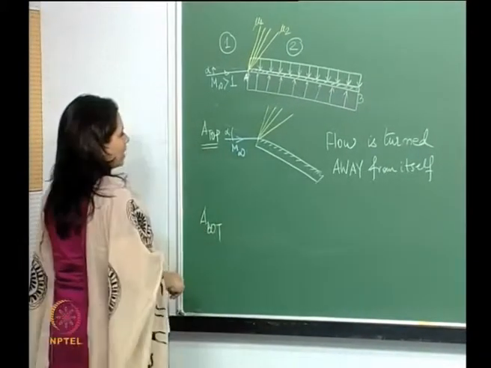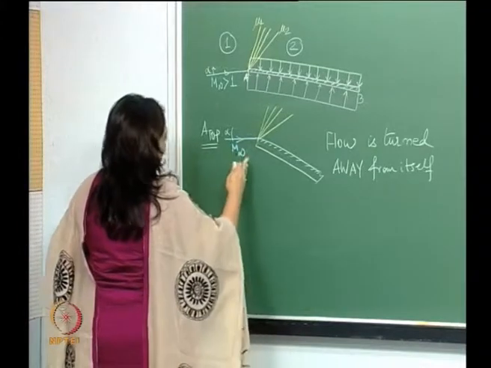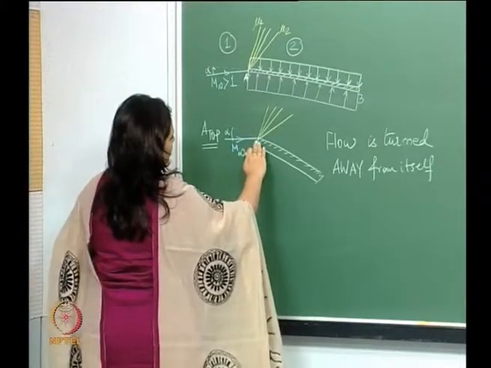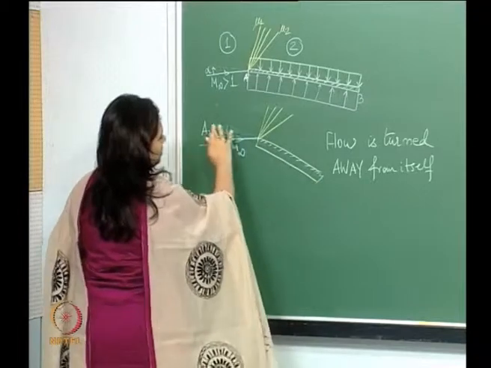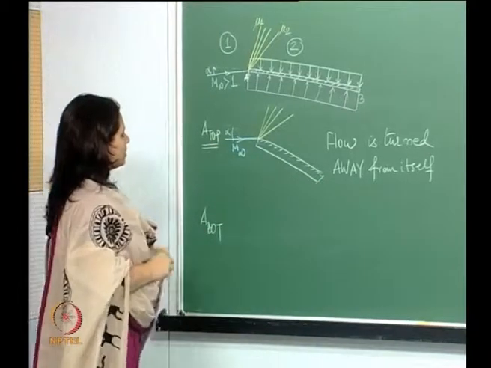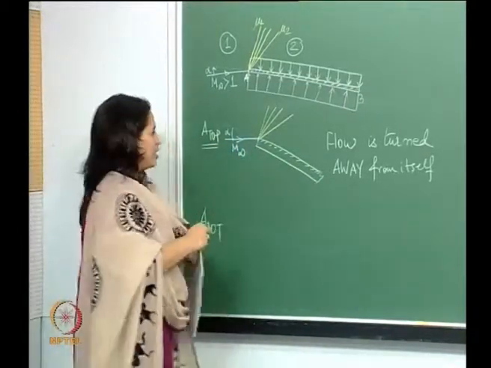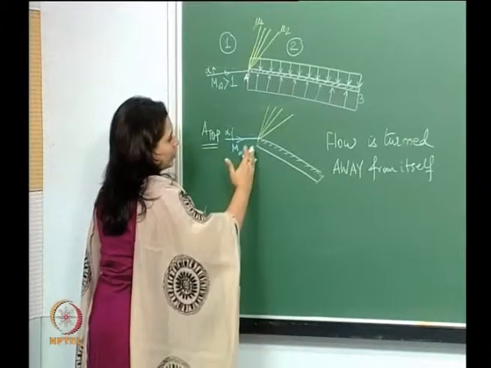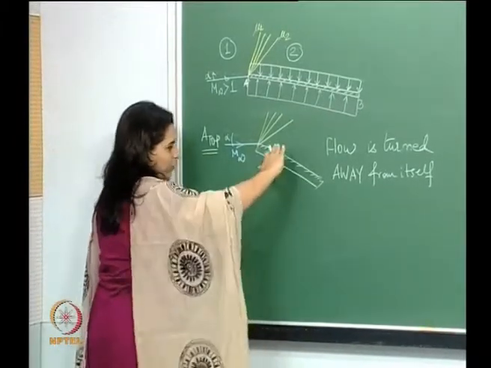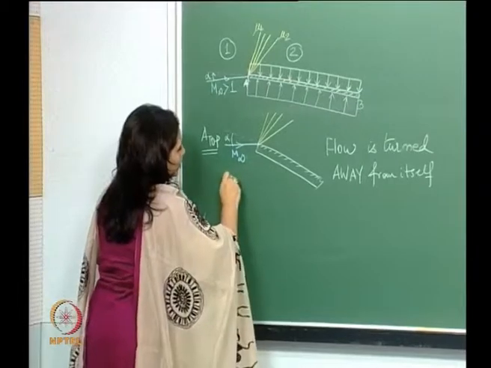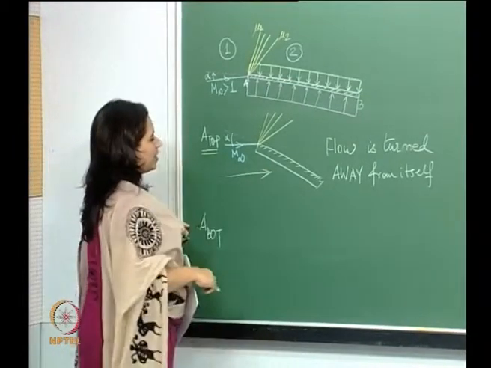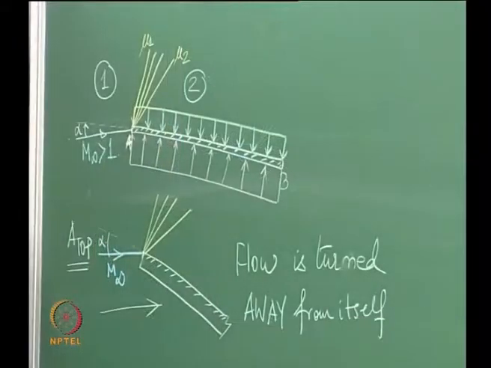If you look at that right over here itself, this is the flow. Then because of the flat plate here, the flow is turned into itself, isn't it? If you look at this, the flow is turned into itself. If you consider a free stream like that, the flow is turned into itself. So, here